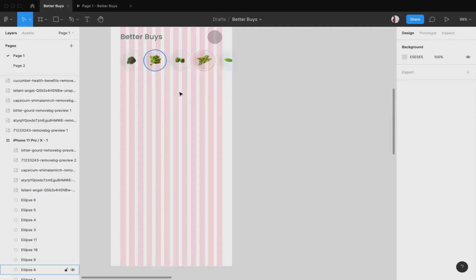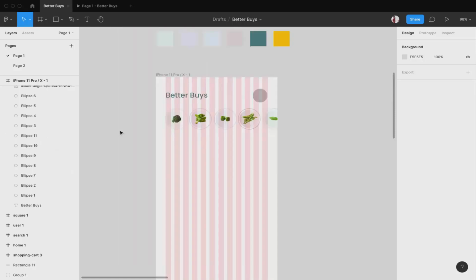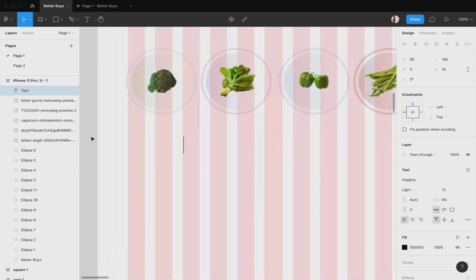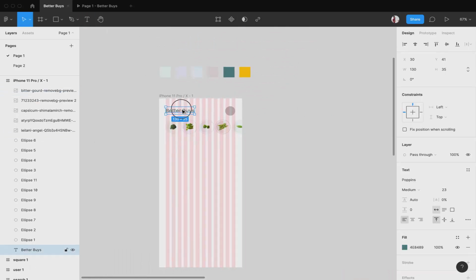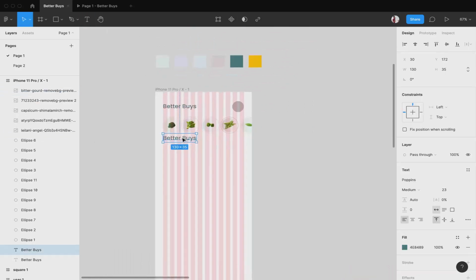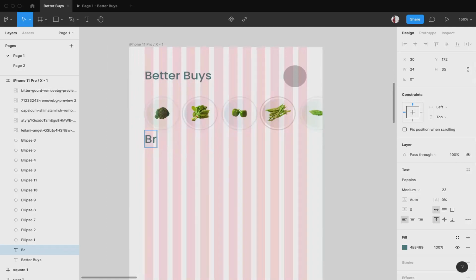Okay, now let's add the names of it. To add the name, I'll click on text, or a better way would be to select this text and drag and create a new one, and then over here I can say broccoli.